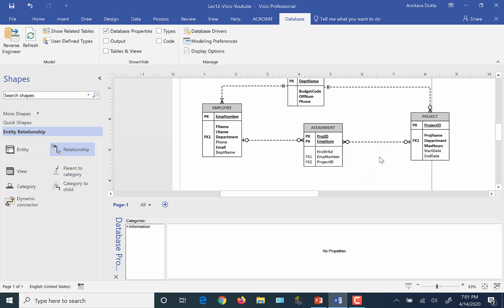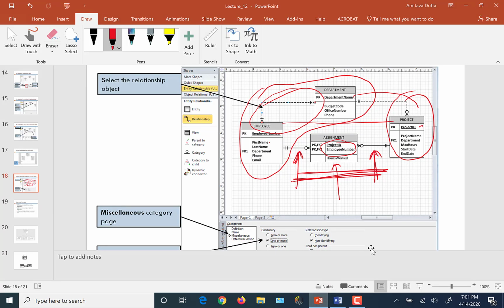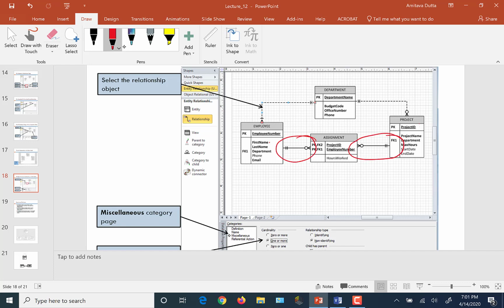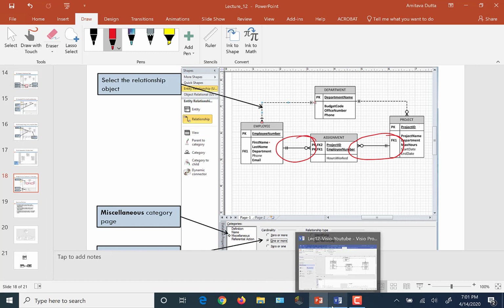So we are on our way to getting things fixed, but not quite there. If you compare the picture we have now to the picture that we have in the PowerPoint slide, let me clean this up a little bit. Too many red lines. Okay, so we are now going to focus on these two relationships. First of all, you can see that they are solid in